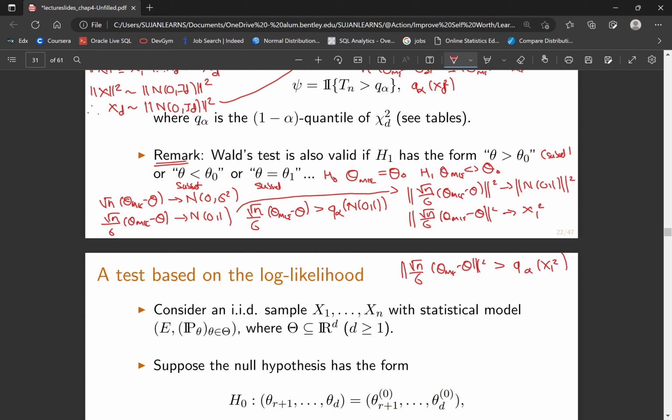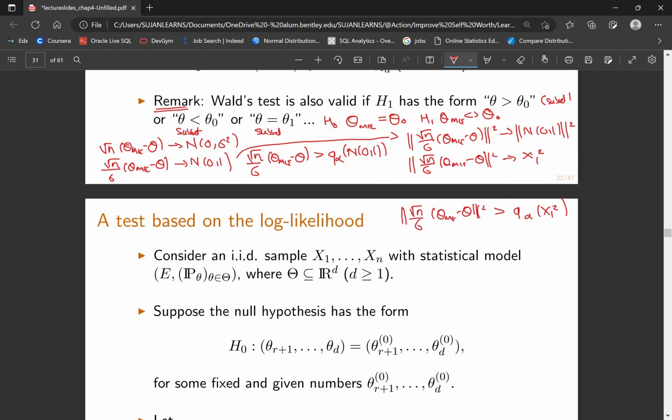And what if we take the square root of this? Then it becomes something very similar to what we have derived before: θ_MLE minus θ would be greater than the square root of q alpha of chi-square 1. Now look at here. This statement is very similar to this statement. Therefore, what we can convince ourselves of is that